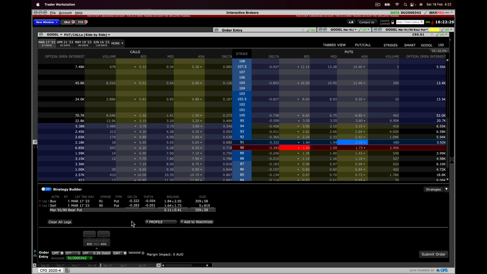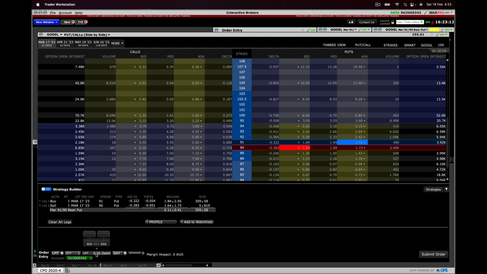Okay, so that's pretty good, right? So you could have 10 contracts risking 260 to make 740 if Google does in fact go below $90 and stay there up until expiry, the 17th of March. Okay, if we're wrong and all of a sudden Google has a huge rally to the upside, then we'll lose $26 a contract. So it depends how many contracts you're going to take, but it works out to a 285% return on risk. The return you would get for the risk you're taking is almost 2.85 times higher. So that's a pretty good deal.